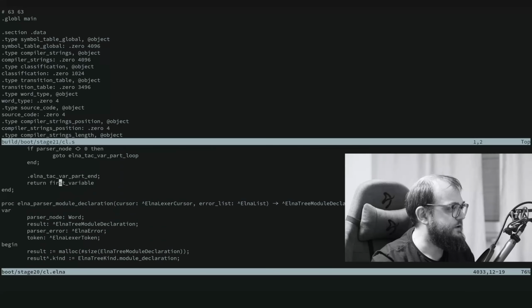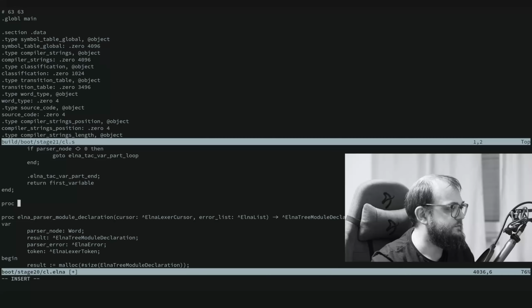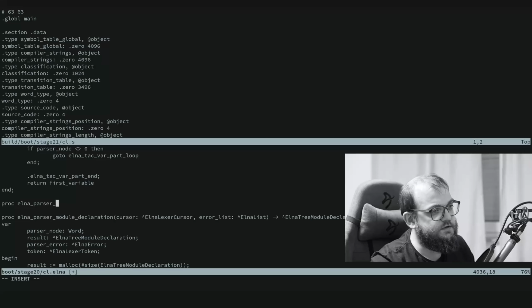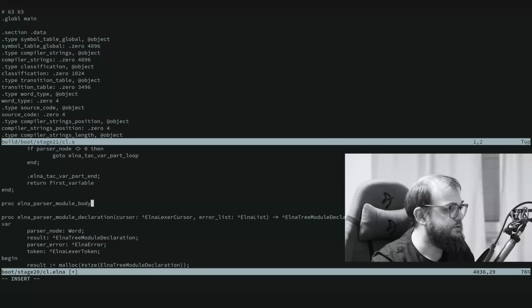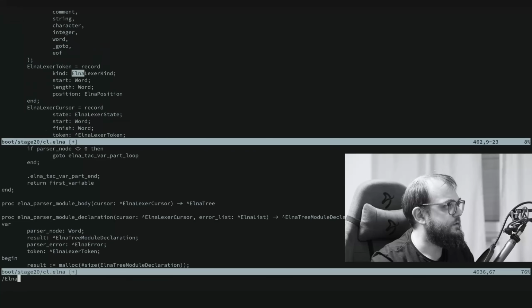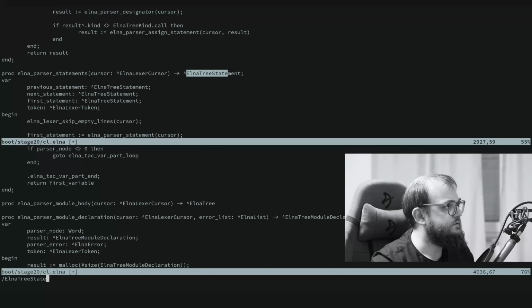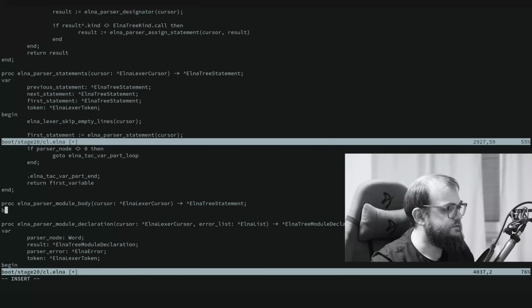I will just define a second parser function. So we define proc elna parser module body. We need the tokenizer in this function, and this function will return elna3 statement, I think. Elna3 statement, exactly. So a list of statements,